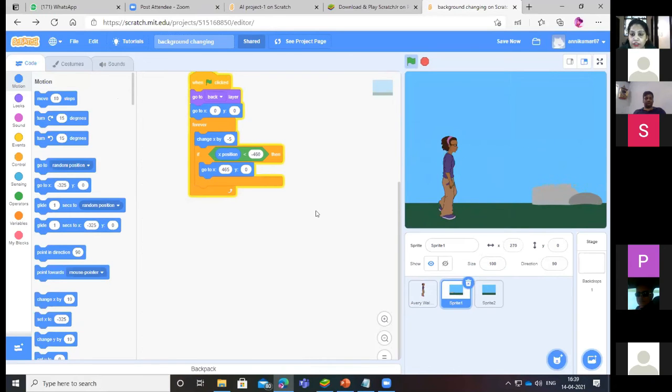I think I have shared the link also with you. So you can copy this code. You have to add this code in sprite one, and in sprite two only one small new code is there. That is next costume. And here instead of 0,0, we have 465,0. Why? Because it is going towards the end, and when it reaches the end, you need to start it again. That's why.